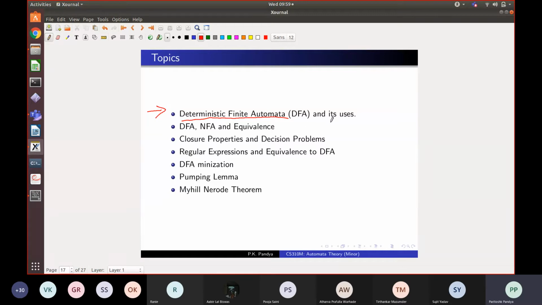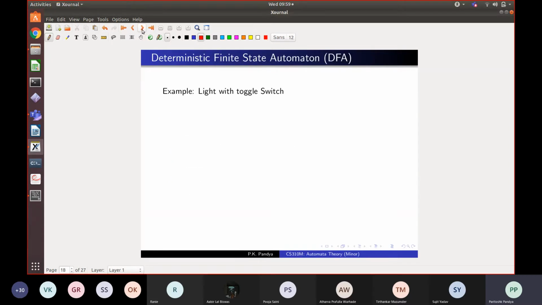Okay, that's the topic for today. So this list will take us several lectures, maybe over 10 lectures, to finish. And today's lecture is on deterministic finite automata. Okay, some background on finite state automata. So let's start from fresh.